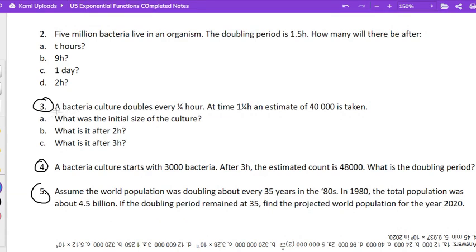All right, so we've got question 3: a bacteria culture doubles every quarter hour. That's my doubling time. 1/4 hour is also 15 minutes if that's what I choose to do. At a time of 1 hour and a quarter, an estimated